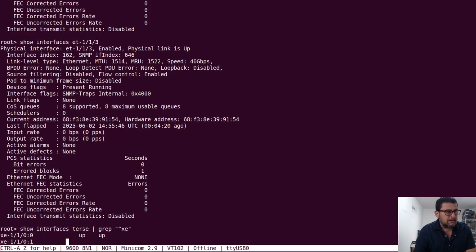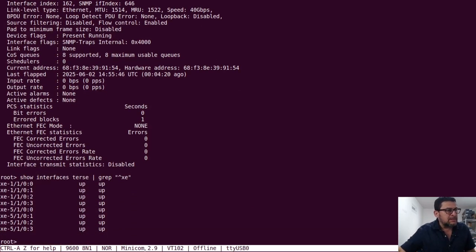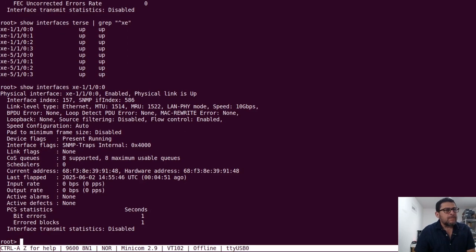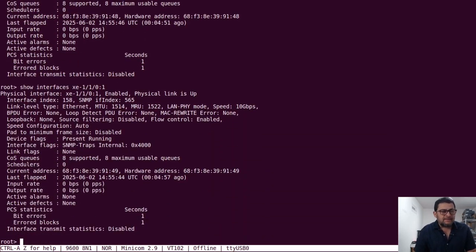Now let's check the interfaces that are working at 10 gig. FE. So that's the interface that is working at 10 gigabit. Look at that. Copy. 10 gig. 10 gig by default. So remember, you can play and change and set different port speeds on the interface, but